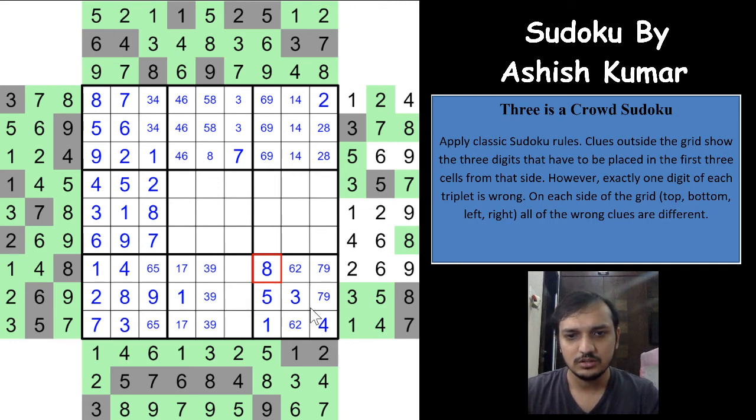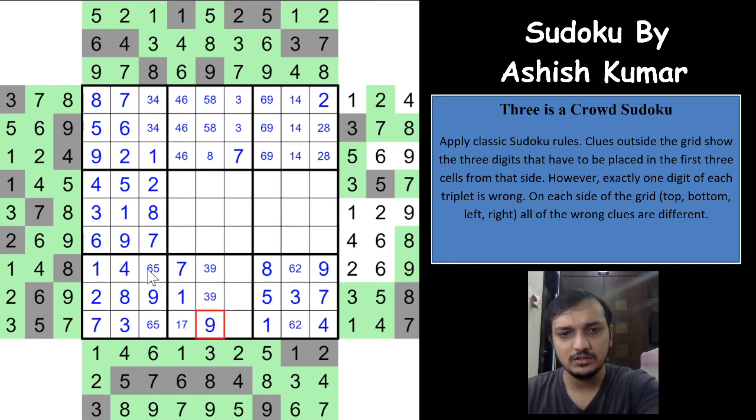Okay, so a 9 is already here, which means a 7 and a 9 will have to be here, and 9 is correct now, right? A 9 is correct, so nothing else here. So because of the 7 here, we can place a 7 here, and because of the 9 and 9, we can place a 9 here, and because of the 3 and 3, we can place a 3 here, right?